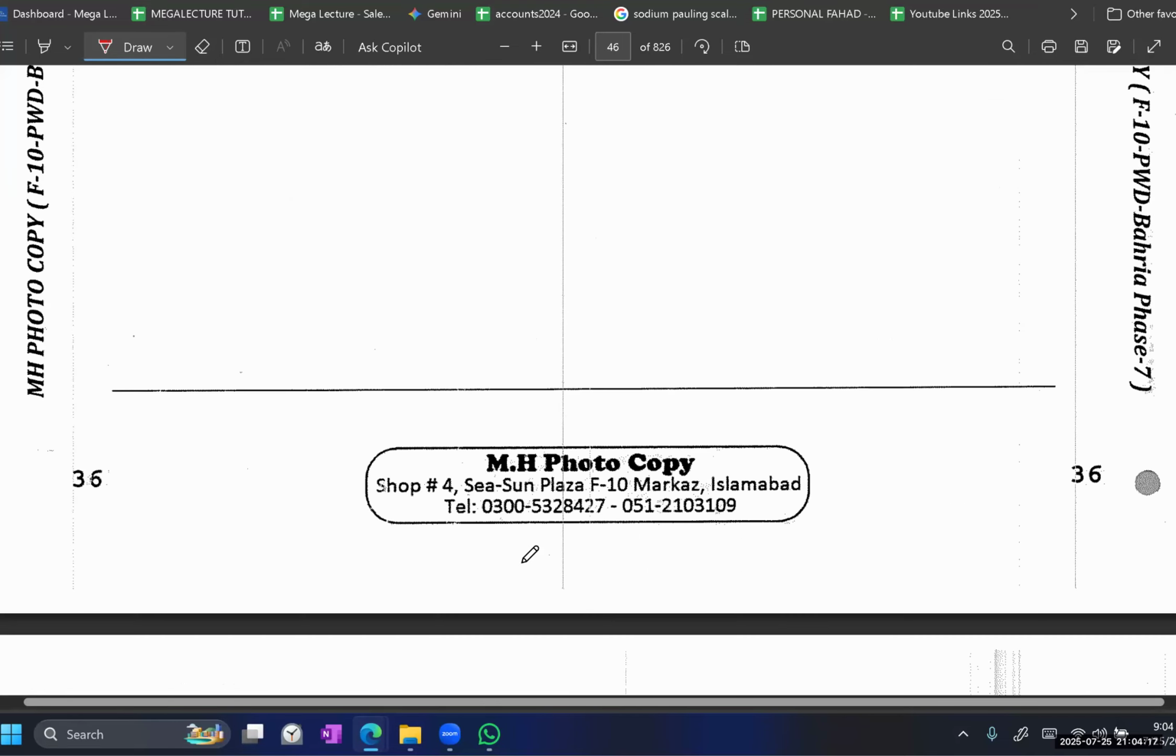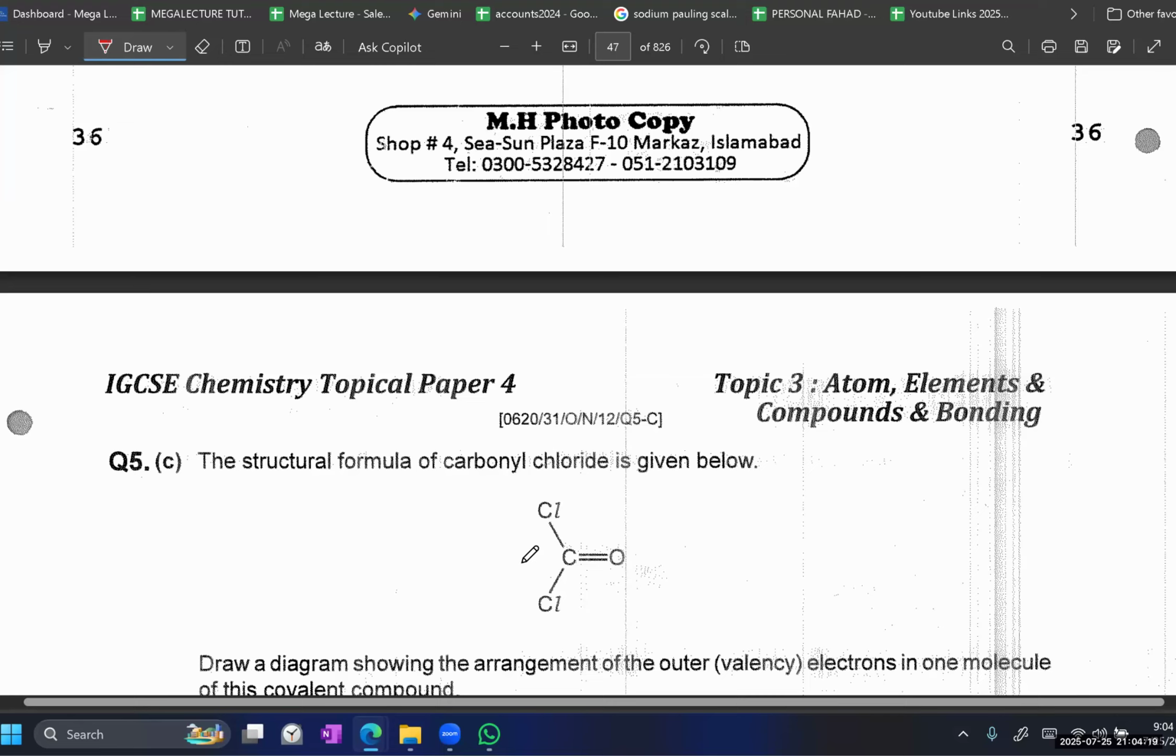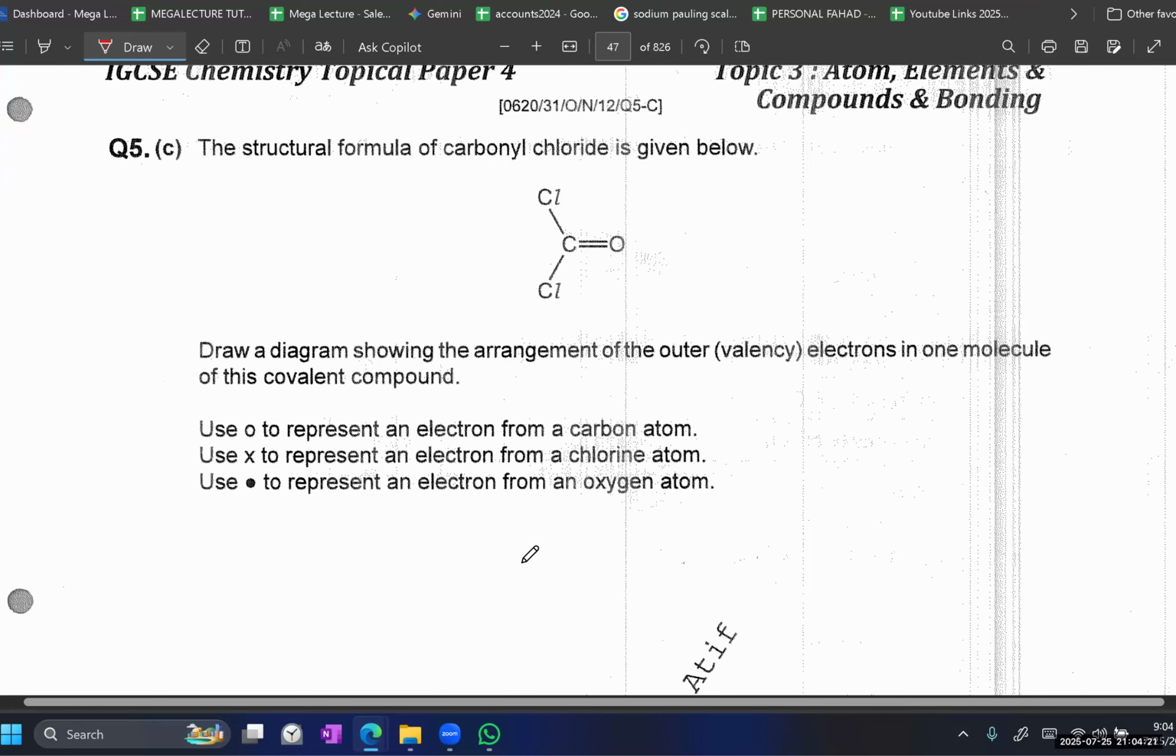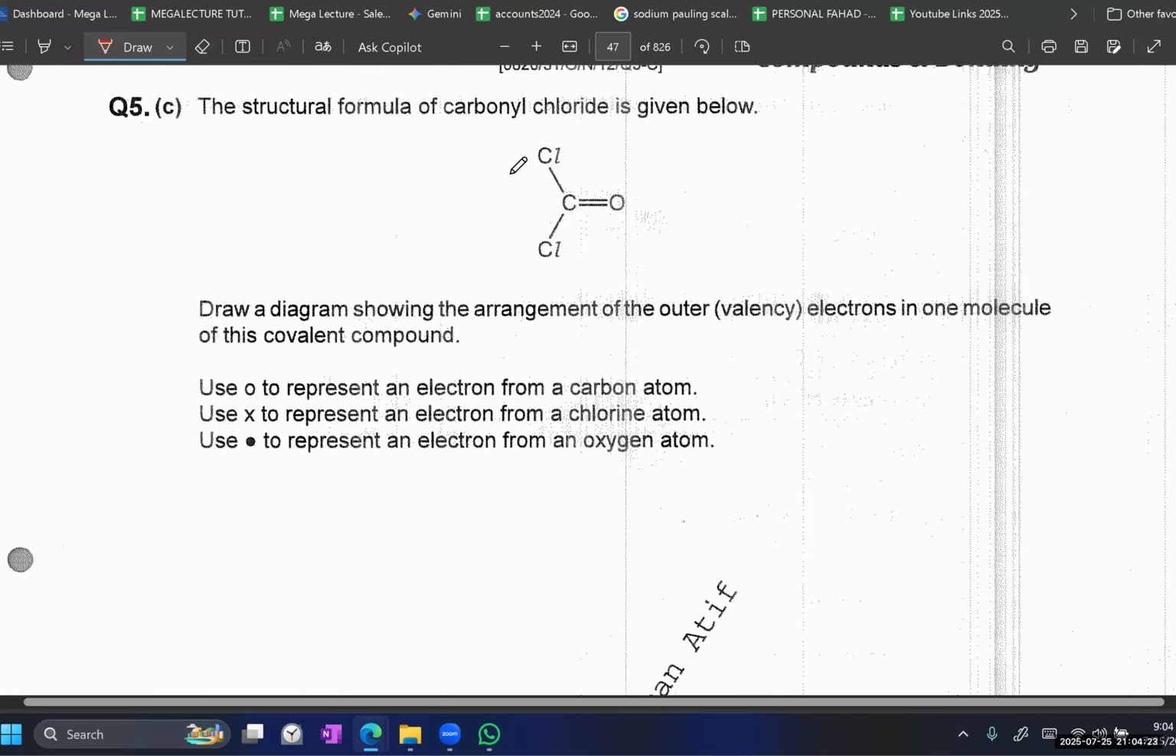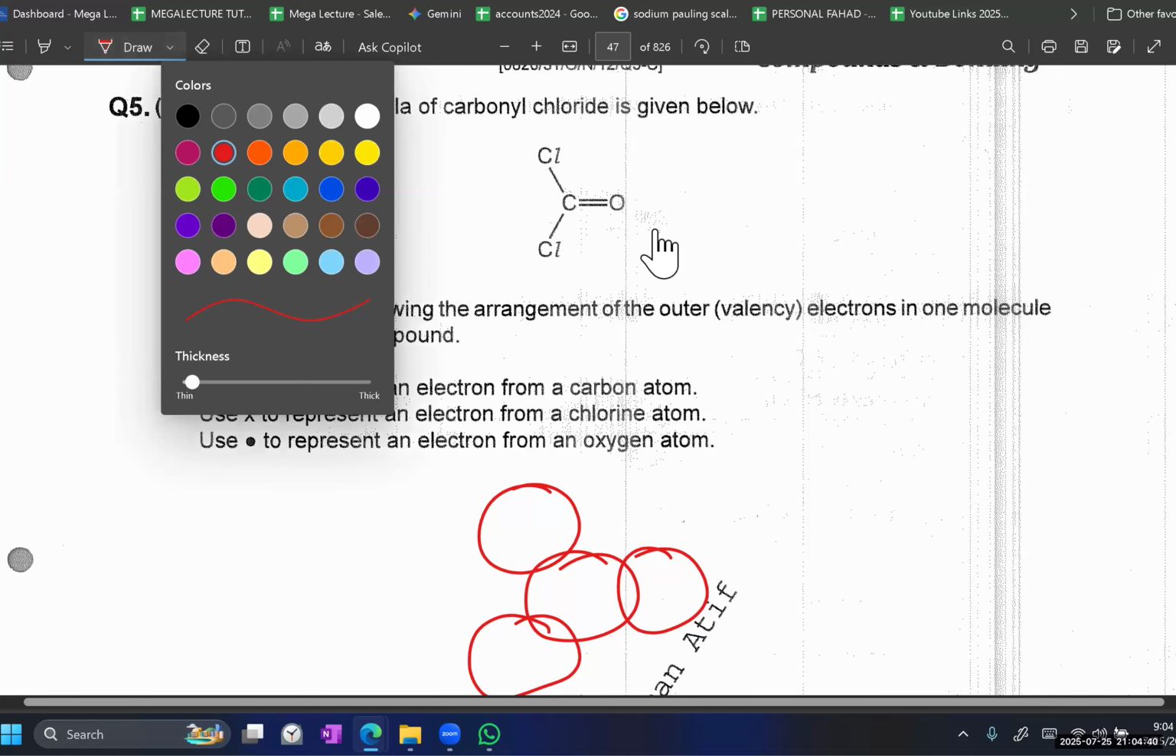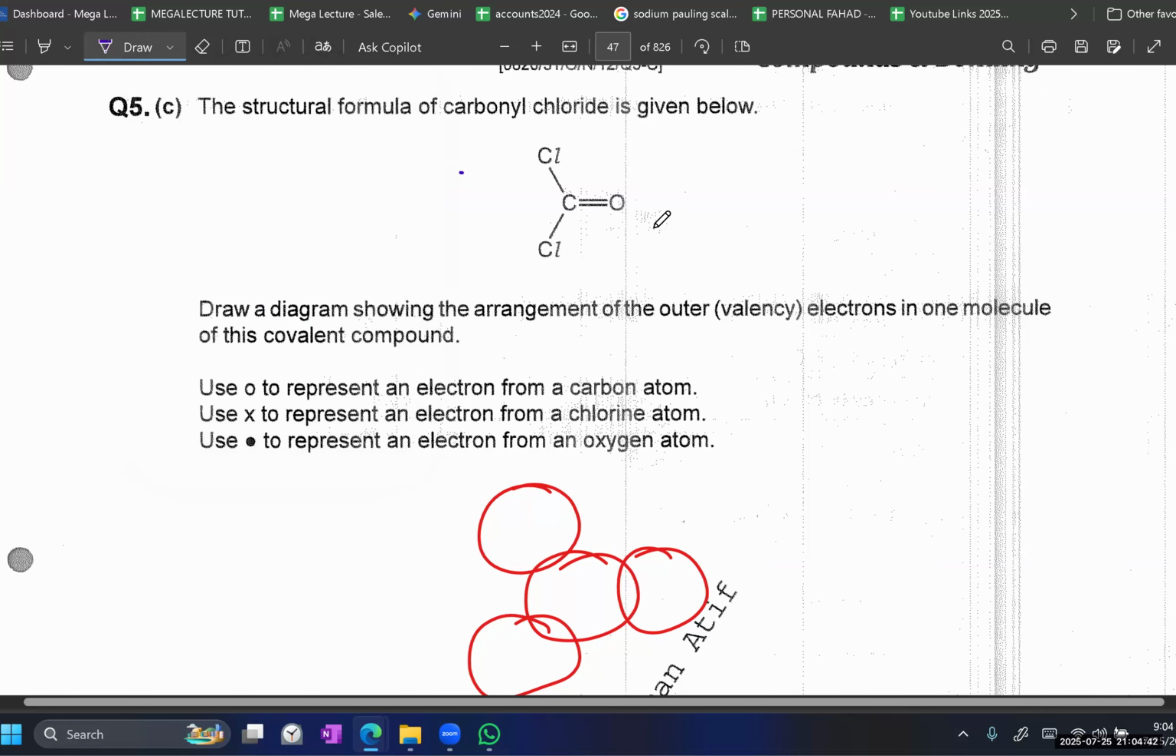Forget this. I'm just going to do chemical bonding questions. Okay, here's another chemical bonding question. They've given the structural formula, which they've already done for us. All we have to do now is just draw the electrons. So it's carbon in the middle, and there is oxygen, right? So I've got carbon, I've got oxygen, and I've got Cl, and I've got